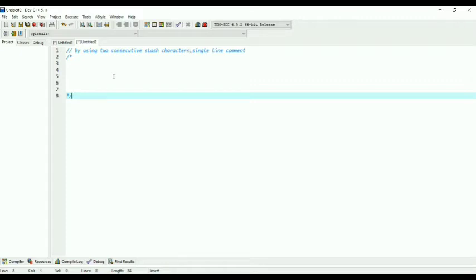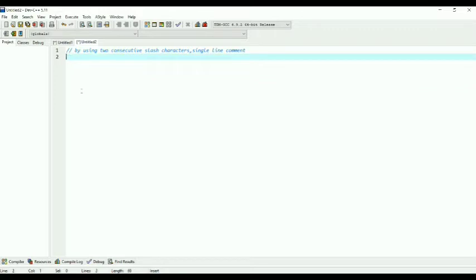Here, from line 2 to line 8, we can write anything in between. The compiler will not look into it. That is for our reference, only the user's reference. Now, I said we are going to see the addition of two numbers, right? So first we are writing the comment: C program to add two numbers.